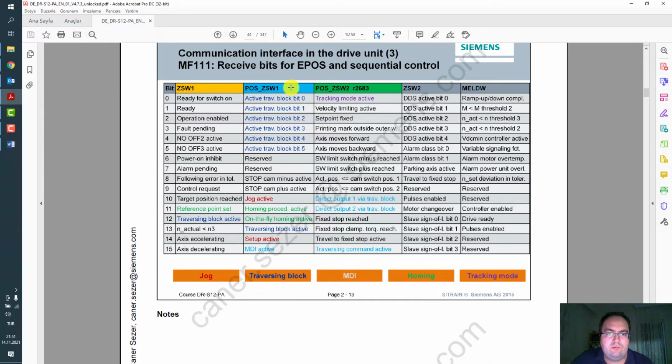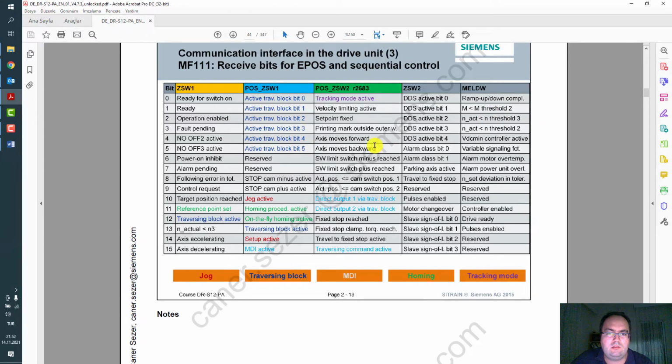And next word, positioning status word 1. We can get here the active traversing block. First we switch in traversing block mode and we set the traversing block number. Then we can check if it's changed on the drive side.